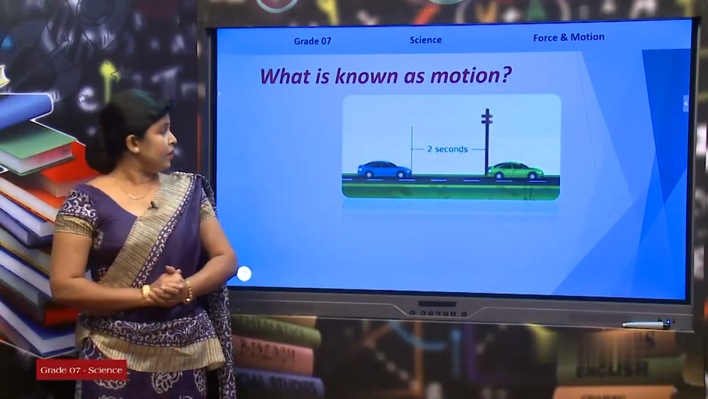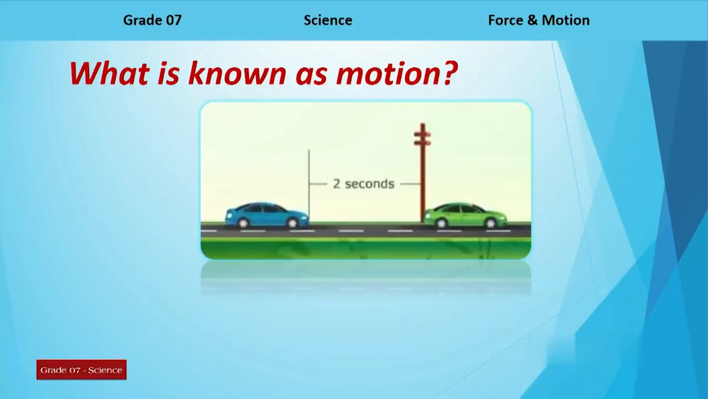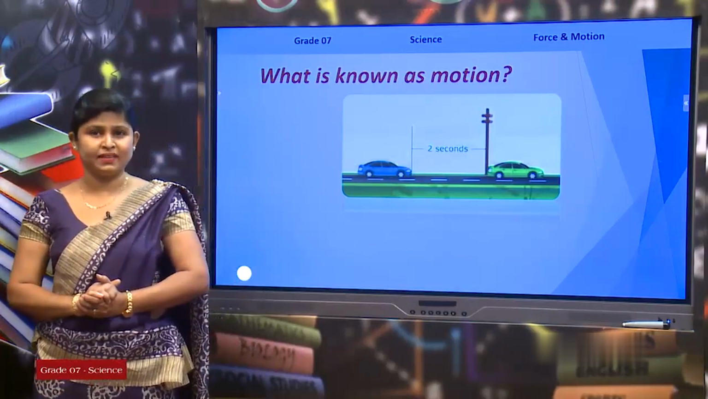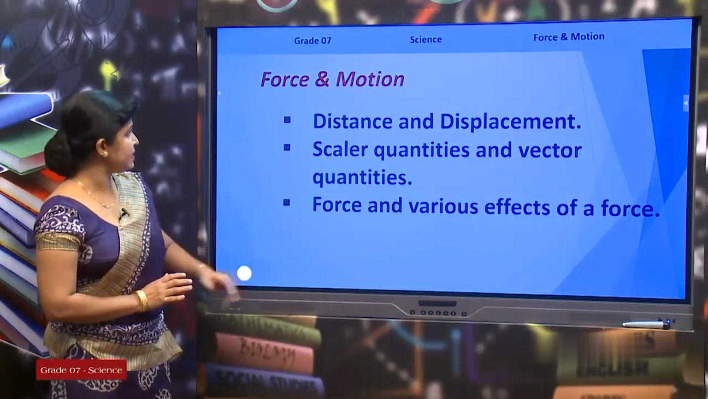Right. You can observe there is a diagram given on the screen. Look at the diagram given on the screen carefully. You can observe that there is a car. The car has moved to another position. The car has moved from one position to another within a certain time duration. Within a time of 2 seconds, the car has moved from one position to another. Then we can simply say that the car has moved from one place to another. Through that, we can understand